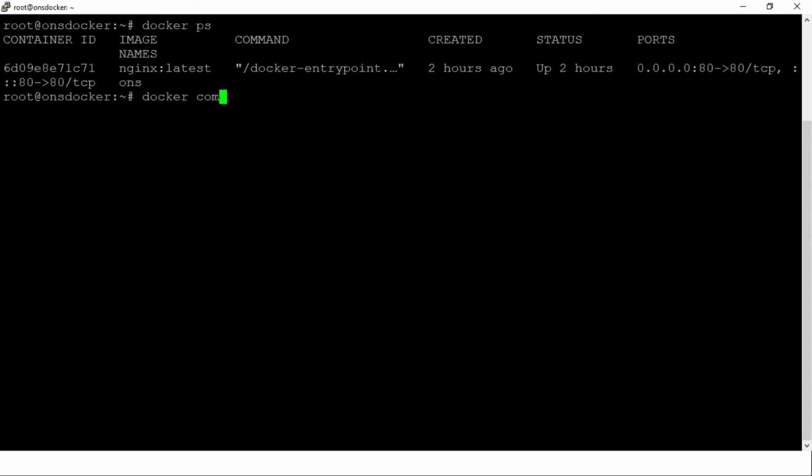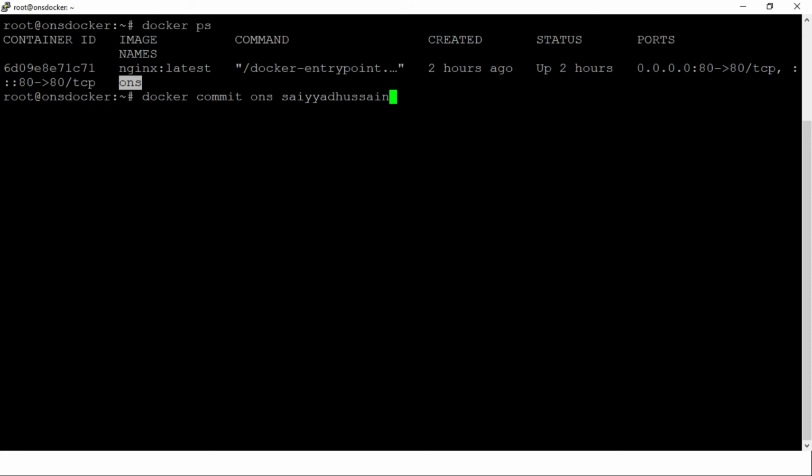space commit. After that we have to put the name of our container; we can use either the container ID or the container name. So we are using the container name here. After that we will use our Syed Hussain, which is our repository, or you can say our Docker Hub login ID.